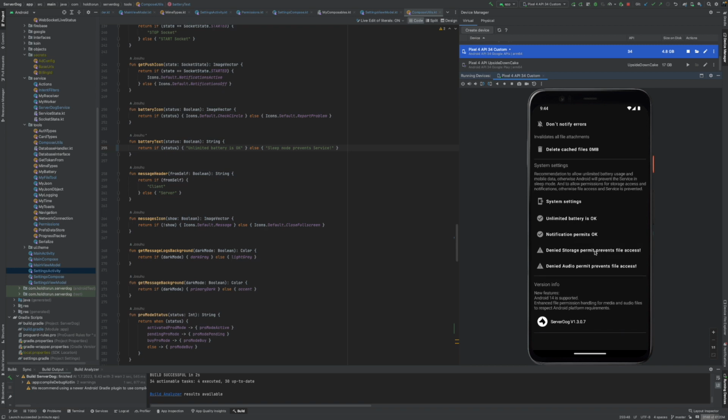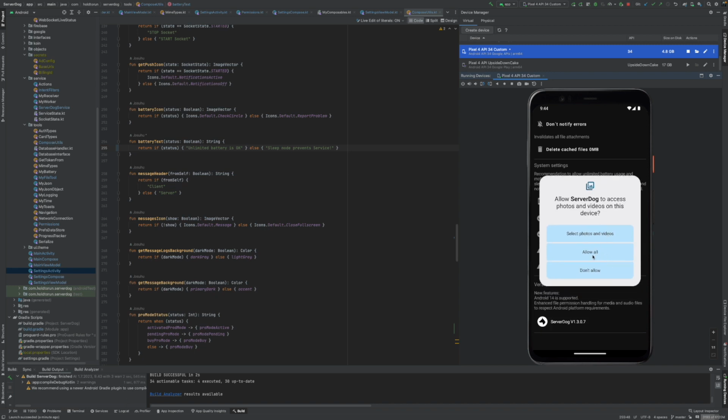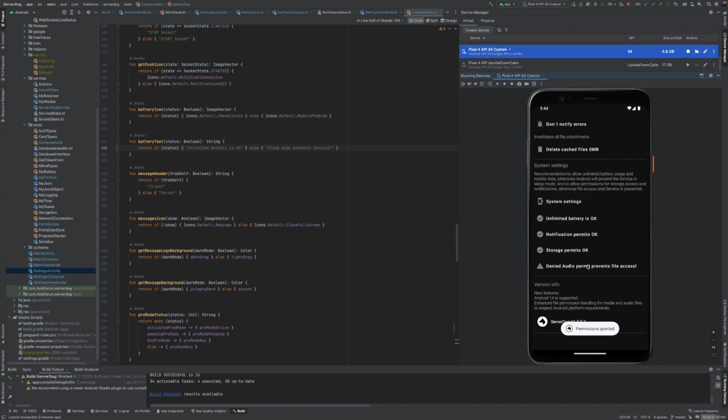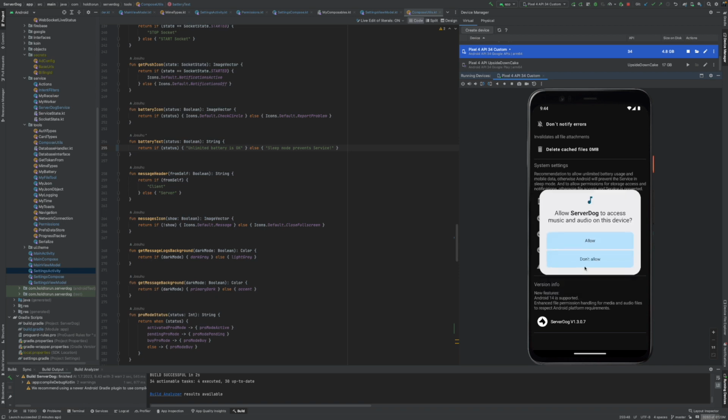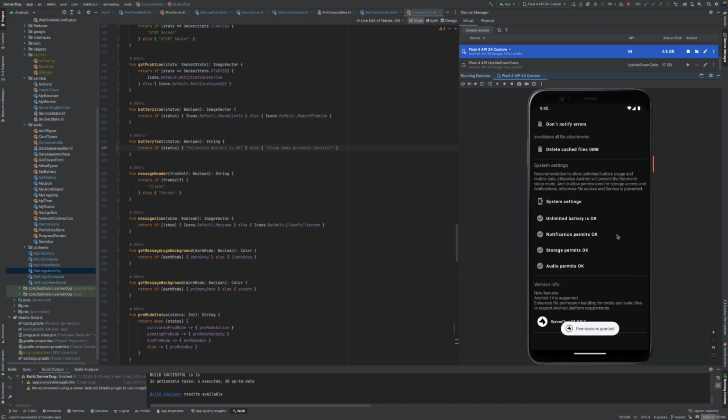We have a denied storage permit preventing file access. Okay, let's allow photos and videos. In Android, it might go through granular setting or allow all. Storage permit, okay. And we are missing audio because the user in the new universal file access might as well get audio files. So let's take allow. So now we have everything